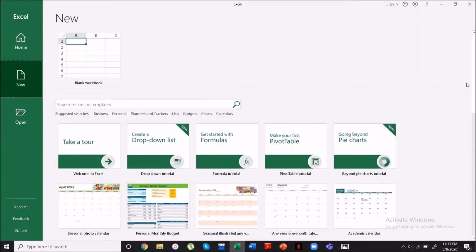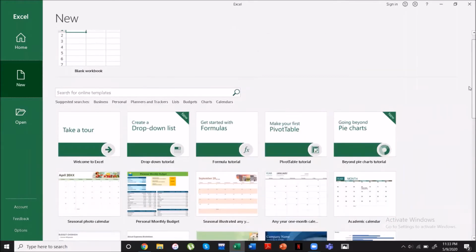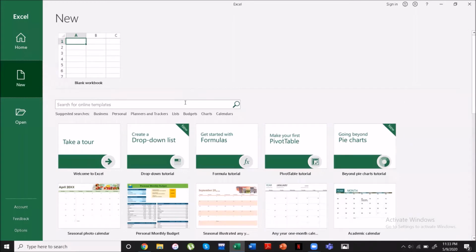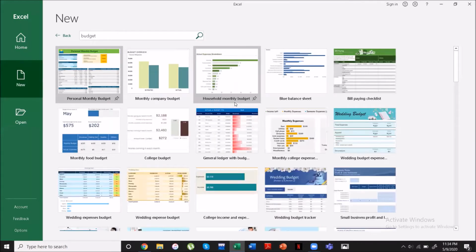In addition to these 30 or so templates that you have here, there is an option to search online templates. So I'm going to do a search for budget, and you can see that it opens up with even more budgets. You're not limited to just one family budget. There's a whole bunch that you can choose from.